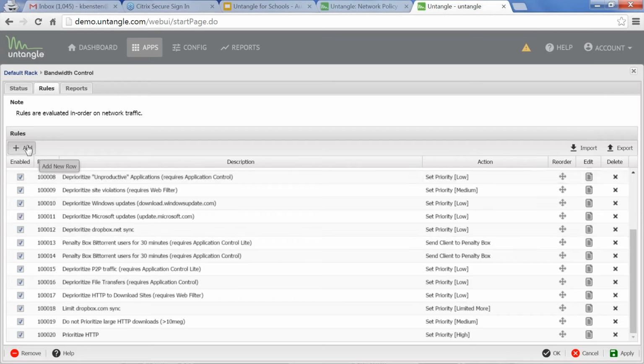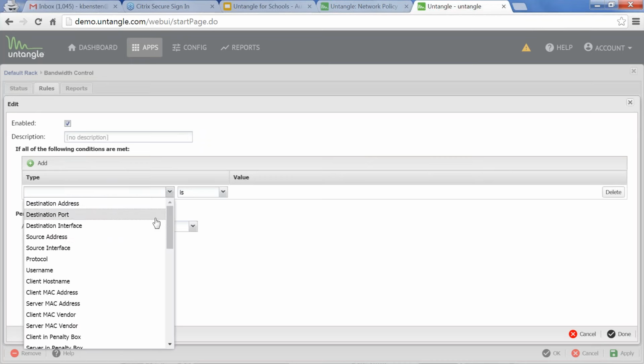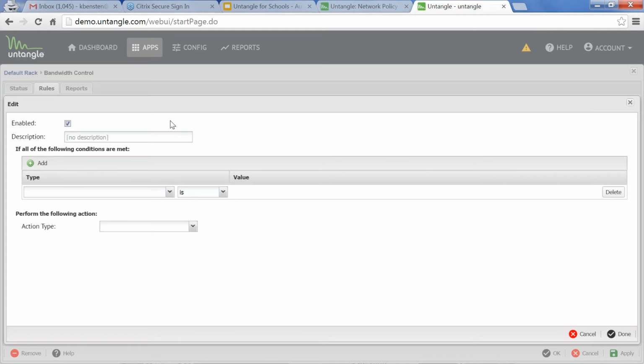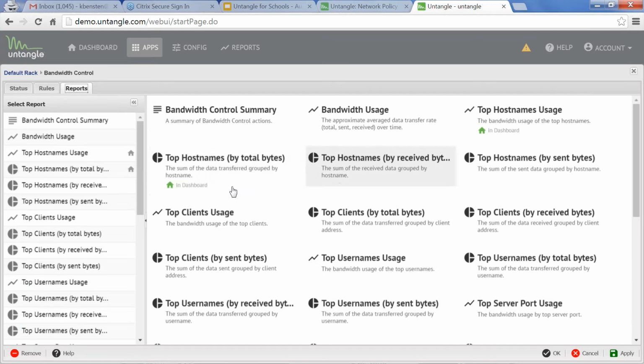Again, if you want to add specific rules, you would simply do that. Click on your protocol here, and then it's user-friendly based on what you need to do. Click and drop. So again, the reports are within each of the functions or the features. So within the bandwidth control, you also have this top host name, client usage.